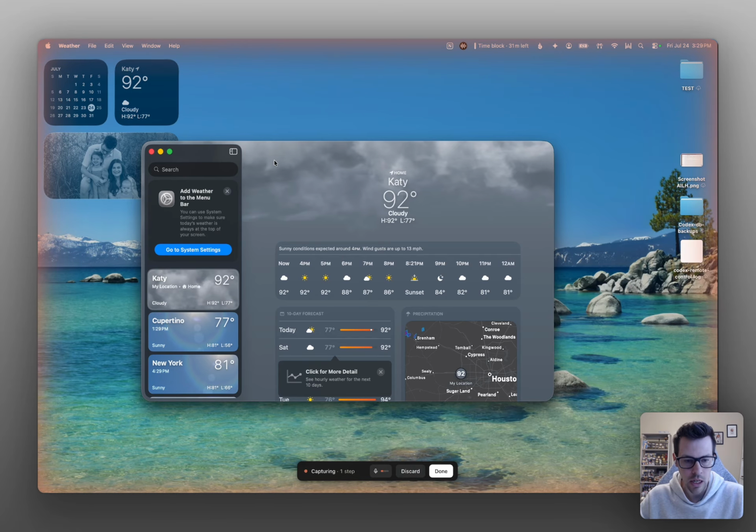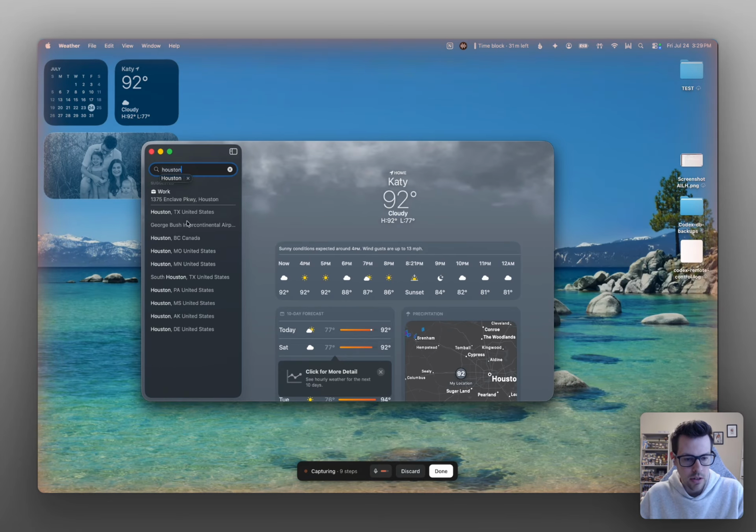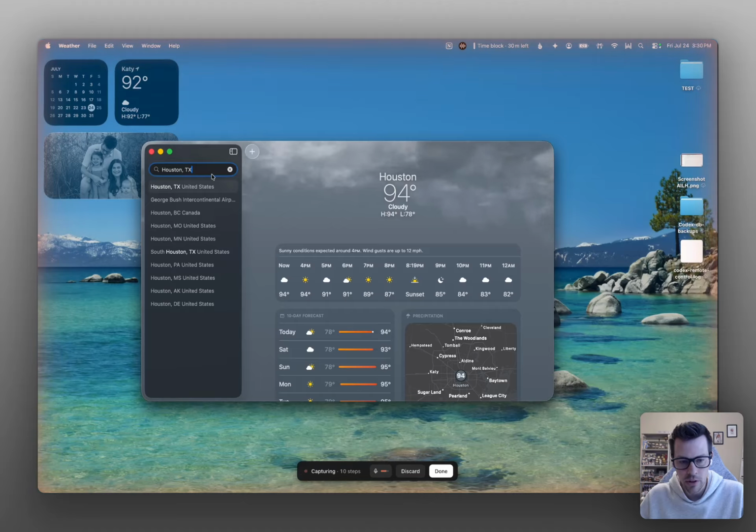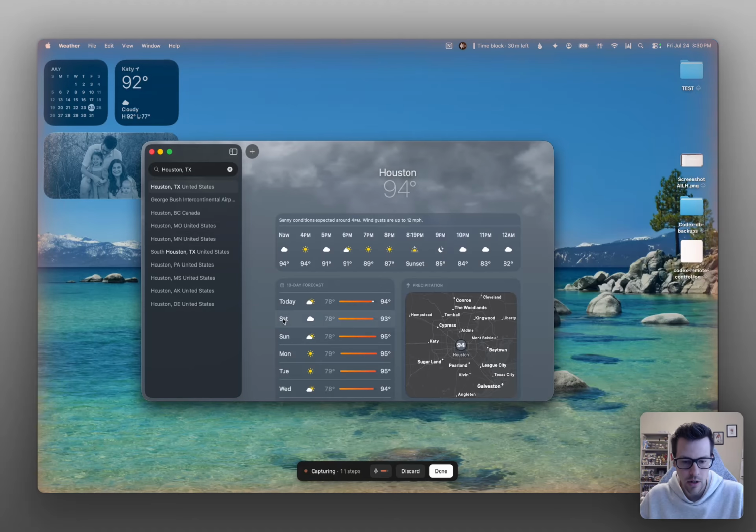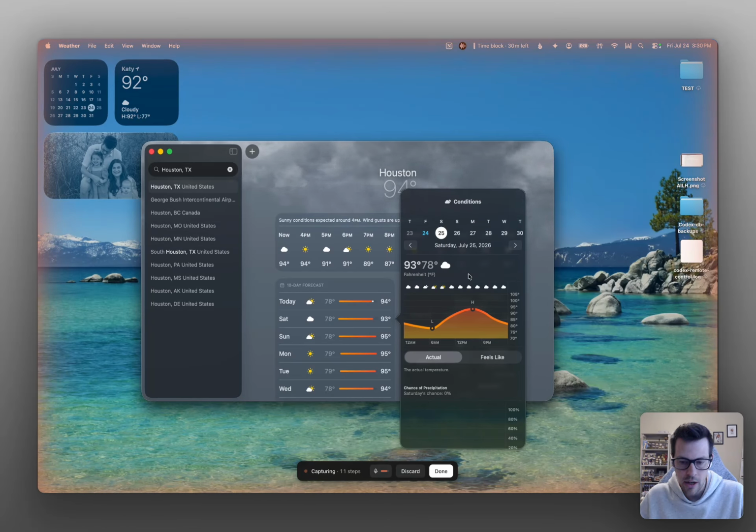So what I want to do is I want to take the weather for 3 locations. I want to take tomorrow's weather for each of those 3 locations, and I want to save it into a Google Sheet that I'll create here for you to be able to log each day when I run this task. So the first location is I want to go Houston, Texas. From there, after we've looked up Houston, Texas, we will grab the weather for the next day. So this is today, so then I'll grab the weather for Saturday in this case, but it'll just be the next day, tomorrow. I will grab the low and the high, 93 and 78,